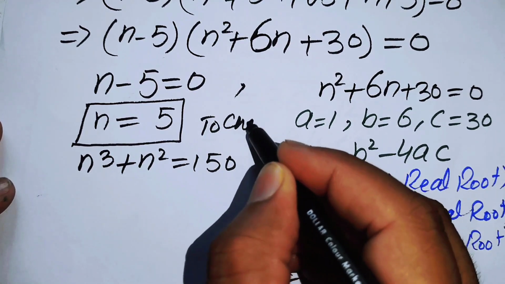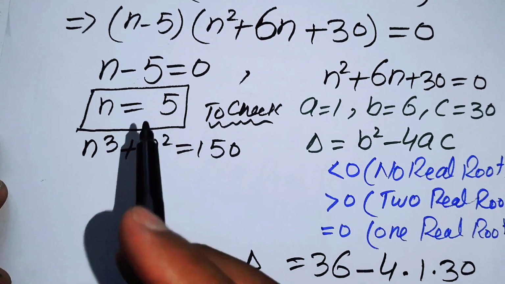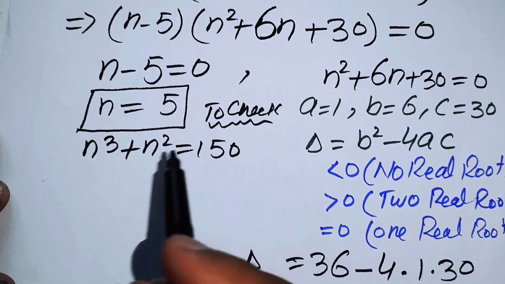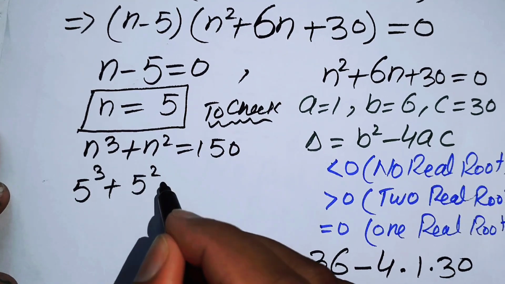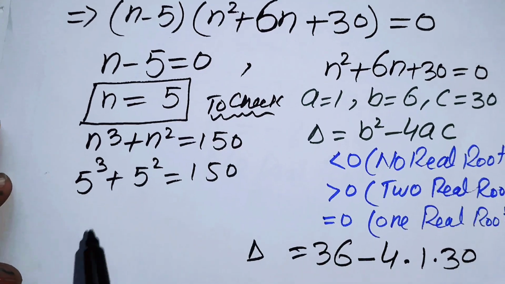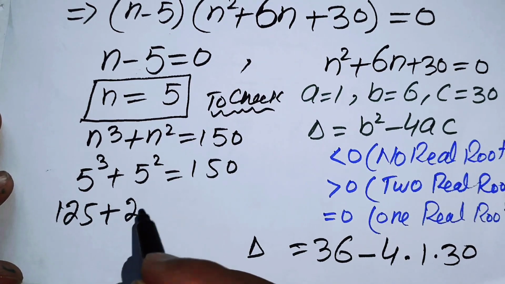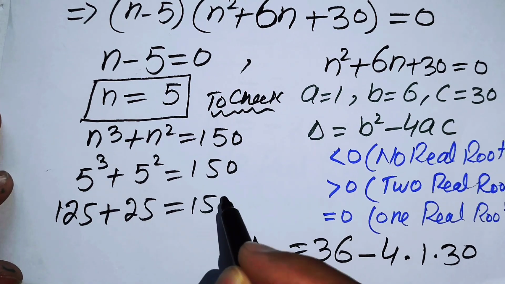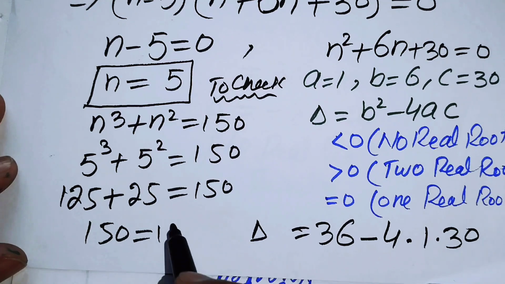Here I can check this value by putting n is equal to 5 in this equation and you get 5 cubed plus 5 squared is equal to 150. So 5 cubed is equal to 125 plus 25 is equal to 150, and finally you get 150 is equal to